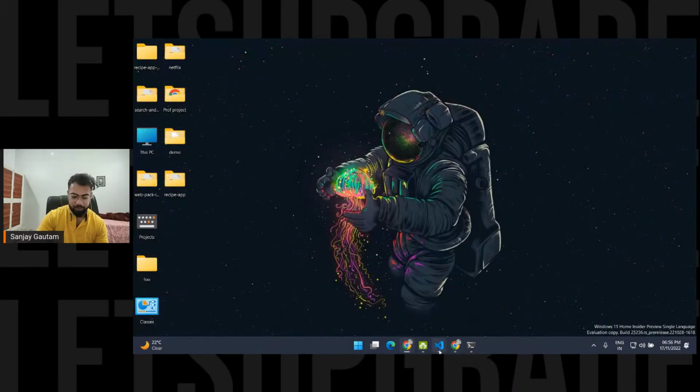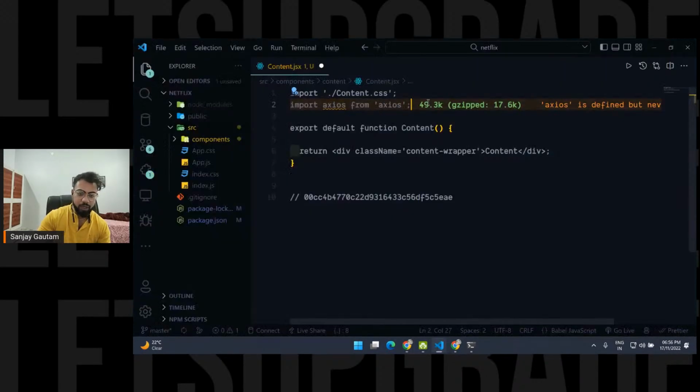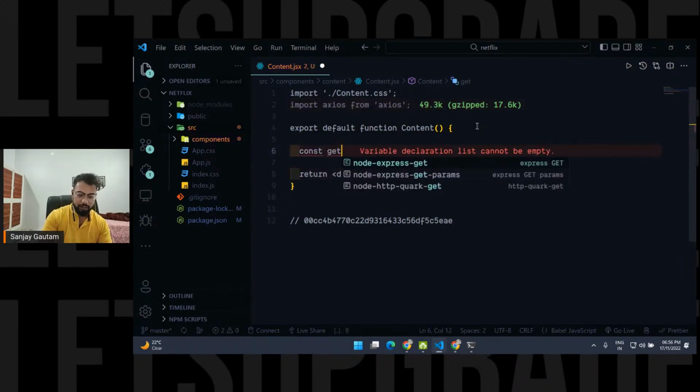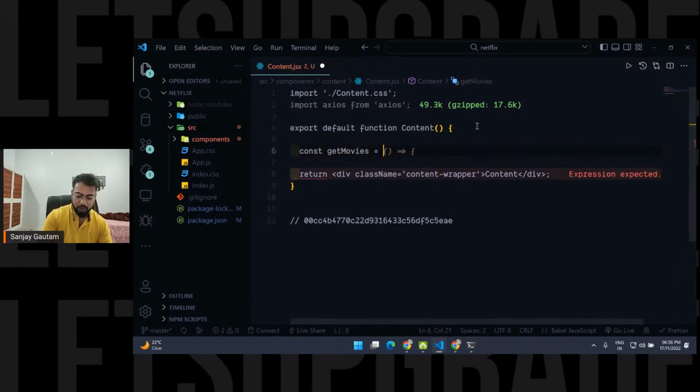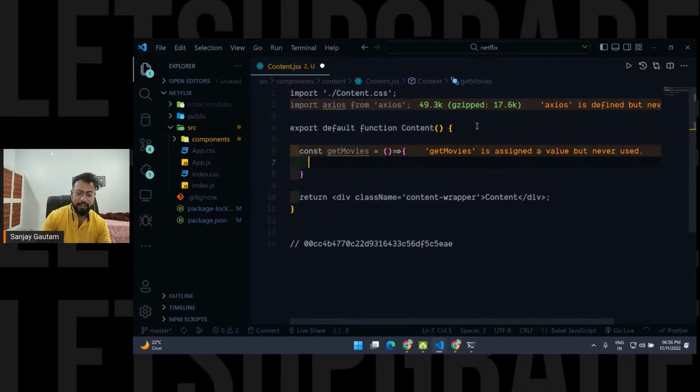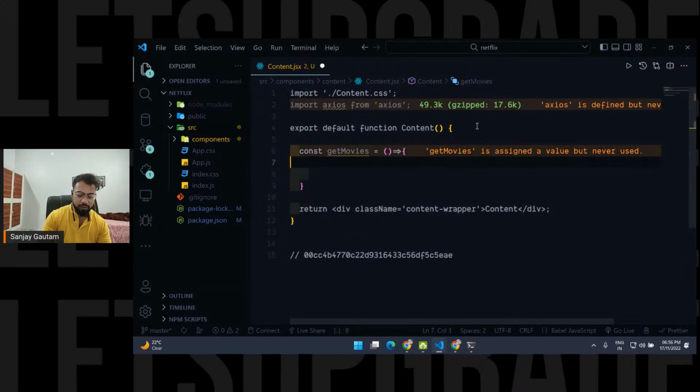Okay, now I can start using this Axios. So all you have to do is, I'm just going to create a function here, like get data, or let me rename it to get movies. So I'm going to create a function here, get movies, and inside this, what I'm going to do, I'm just going to type here